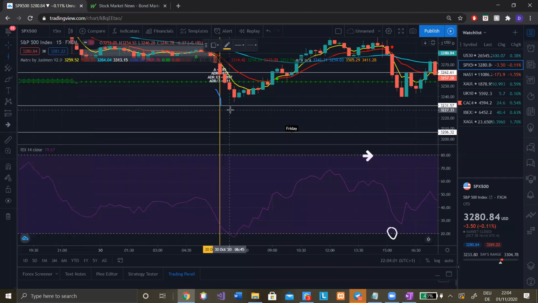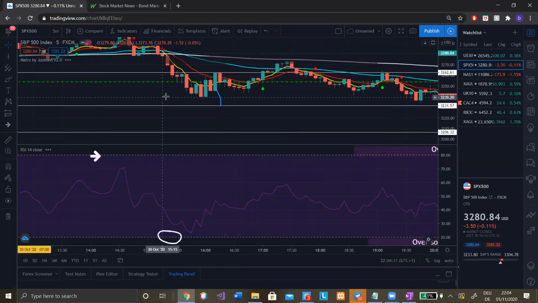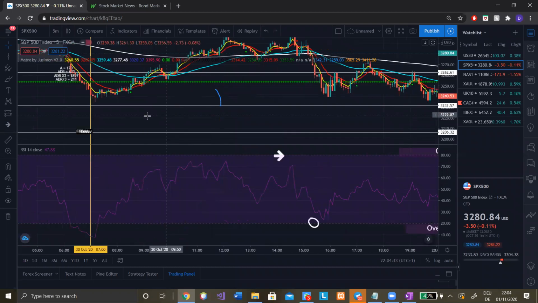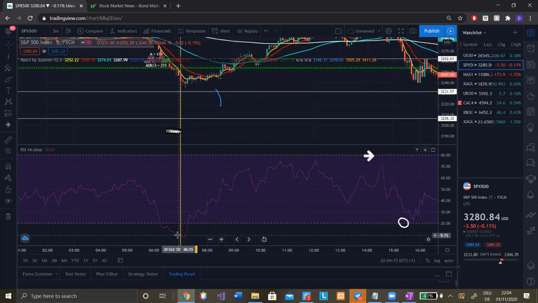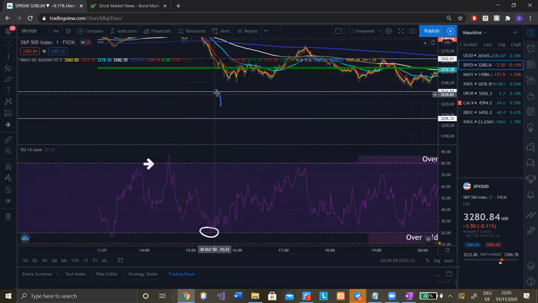So what happens is we start the new analysis at that moment. We delete this, and right now we find ourselves here, right? We were talking about this on the 5 minutes time frame, so we check it on the 5 minutes time frame. 5 minutes time frame, we see that it has oversold. This is very good. We are not thinking of selling anymore. 5 minutes time frame, we have oversold. 1 minute time frame, we are almost getting